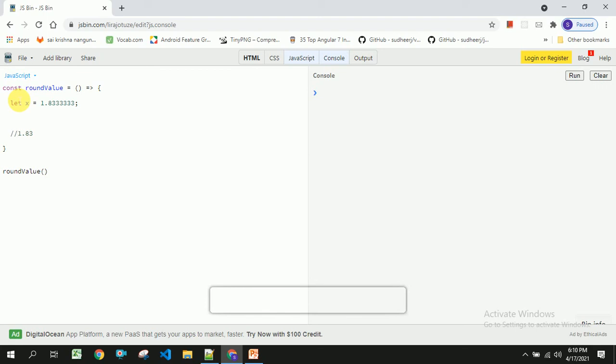So we have to get this output. Let us see how to do that in JavaScript.